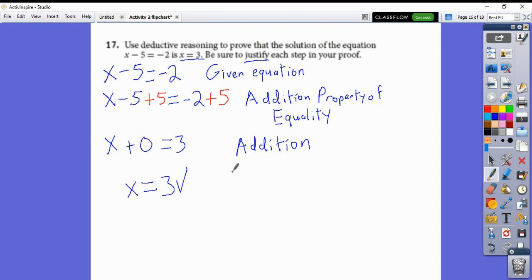But remember, we need a reason. The reason that we're going to put is the identity property of addition. Basically, anytime you see an identity property, that means that you're doing some operation that does not change the value